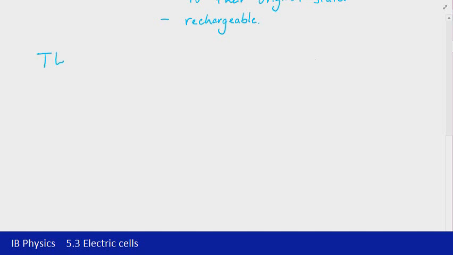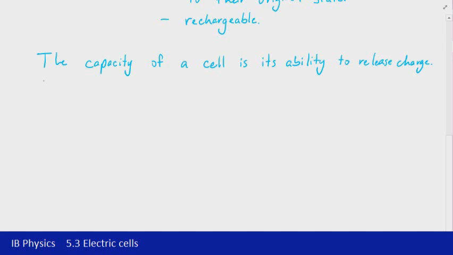The next aspect of cells that we need to look at is the idea of capacity. Capacity is not its EMF, it's how much charge it can release. So the capacity of a cell is its ability to release charge. To give you a bit of context, as an example, if we had two 9-volt cells, those cells provide the same EMF,